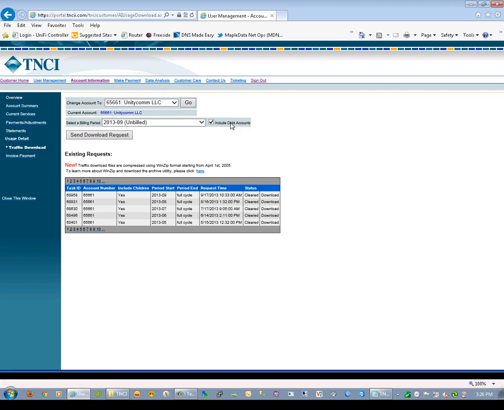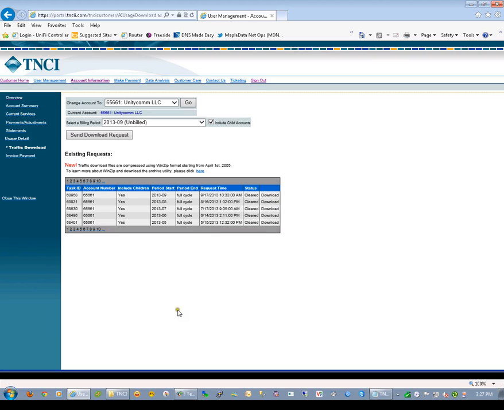You'll tick this box here. Now I'm not going to do it right now because it's too early. We don't want to have the data yet, so I'm going to leave it. We're going to pretend I click this send download request, and in a few minutes you'll see a download link over here. It'll be ready, and you'll click that,